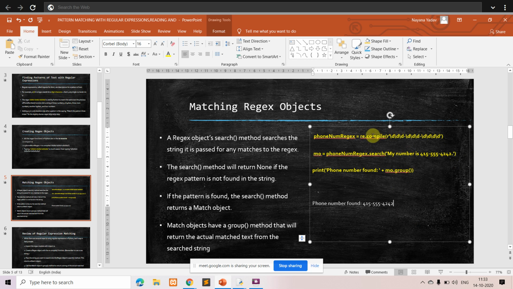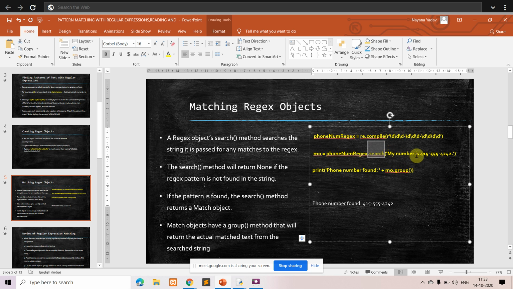Then you have re.compile. What does it do? It is going to create a regex object. Here in this case it is for numRegex. Then you have the search method, which is going to search. Now here you can see we have a variable mo that is having the matched object that is returned by this search method. And re.compile stores this particular pattern, the result of this is stored in numRegex, and you're passing this phone number regex to the search pattern.